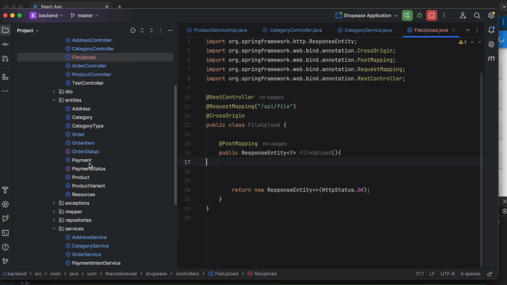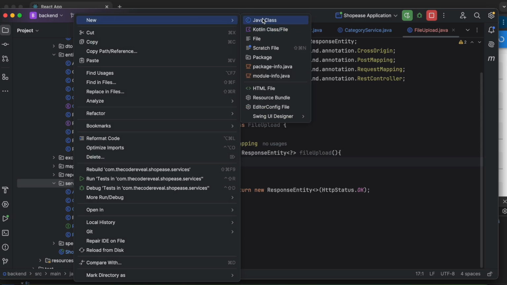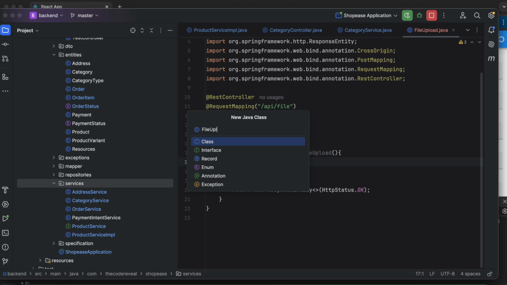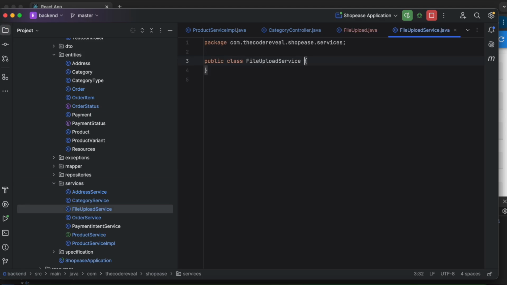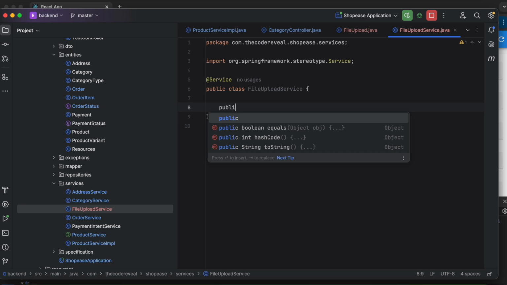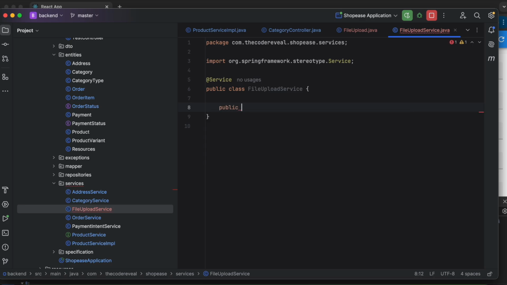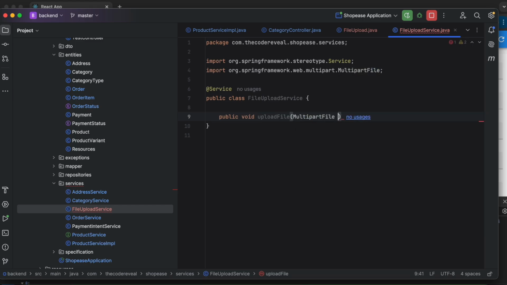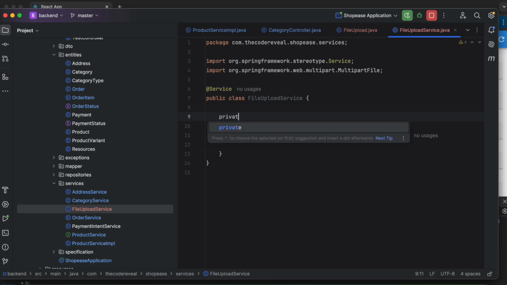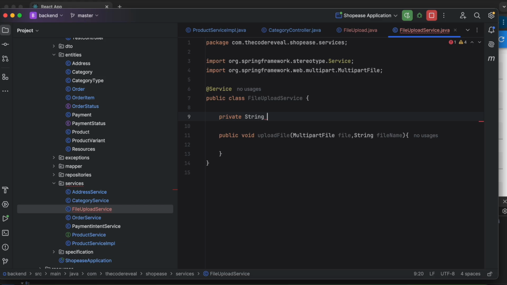So here let's add a service for uploading the file. We'll call it file upload service. Let's give this as service. This is the method that will upload the file to the CDN. Now let's add here private string storage zone,